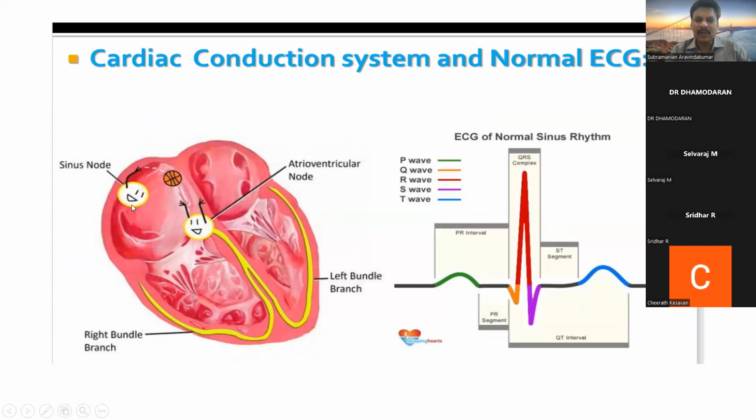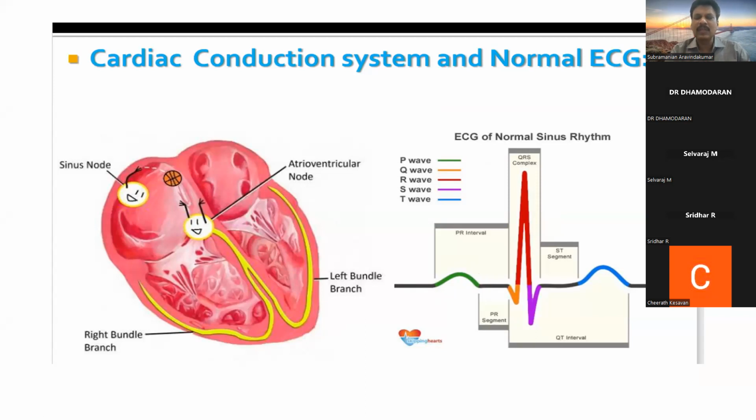From the SA node, the P wave is the one which starts from there and it innervates both the atria. It takes generally two small squares for the atrial tract. Once the atrial depolarization happens, it reaches the ventricle through the AV node. So the AV node is a speed breaker. The AV node gets all the signals from both the atria, acts as a speed breaker, processes the signal,